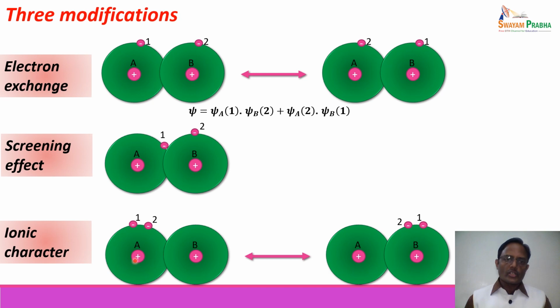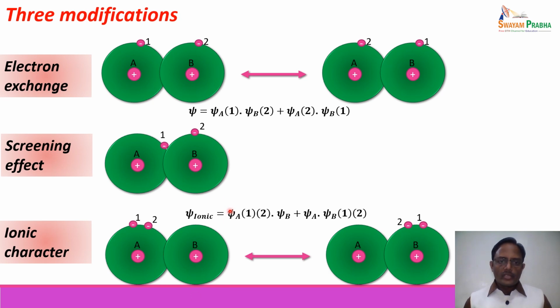Simultaneously, there will not be introduction of any polarity in the molecule since both the probabilities are equally probable. And when we try to write the wave function for this, the wave function can be shown as psi ionic equal to psi A1² into psi B plus psi A into psi B2². It means that this is a wave function with both the electrons in A atom, here both the electrons in B atom. B atom means it is close to the nucleus of the B atom. Hence, this psi ionic and this psi covalent, both of them will mix together to give the final wave function